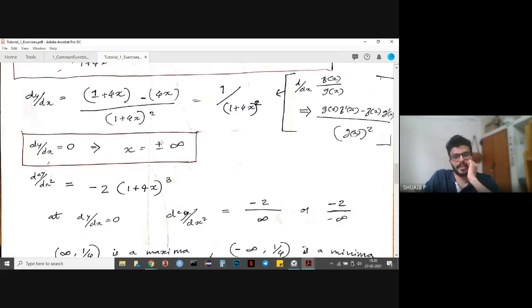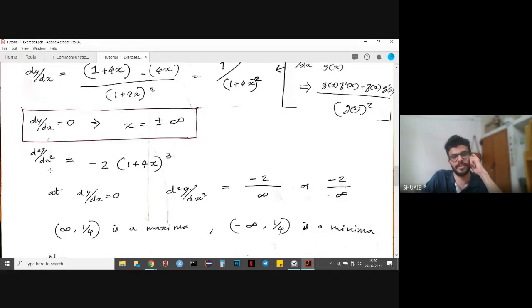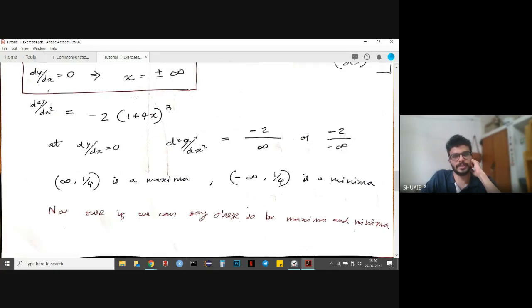So as it is plus or minus infinity, we can't really say what's happening to the curve, as we can't really plot the maximum or minimum at infinity. It doesn't give us much information, but still we can find the double derivative to see how the function is approaching these extreme points, whether it's a maximum or minimum, whether it has a positive slope or negative slope. So we can take the double derivative, put in plus and minus infinity, and see what we get.